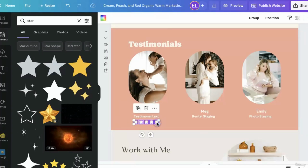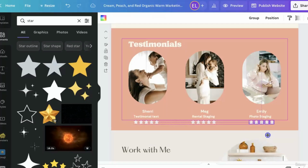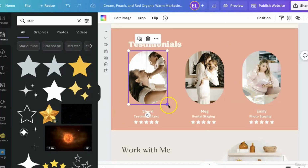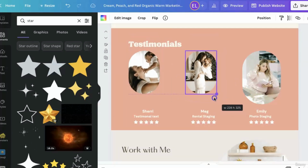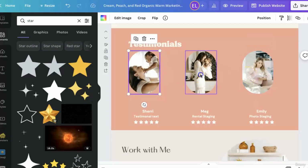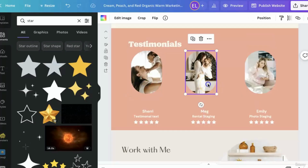But say you want to add these under each one to show that you're a 5-star stager. I'm just giving you examples of how, yes, you work from a template, but you're still editing, right? And maybe you end up needing to make these images smaller. So you can just resize. That pink line helps you make sure they're in line. And then you'll need to move them to the center